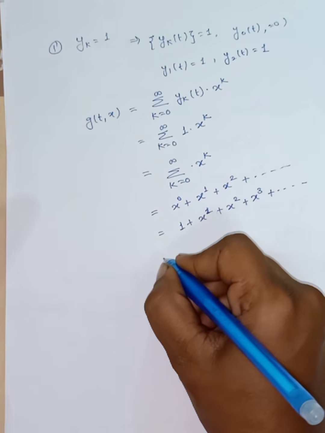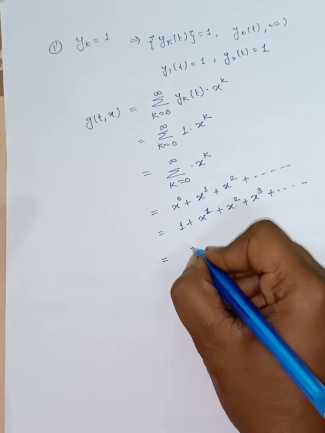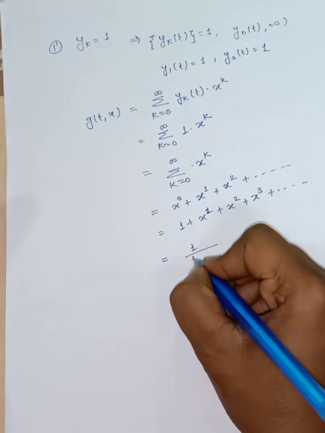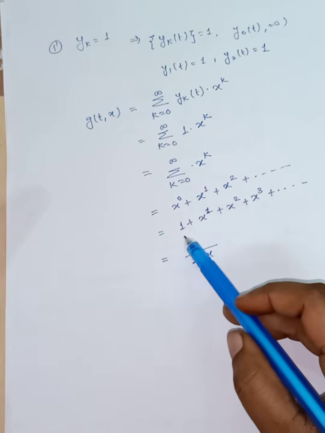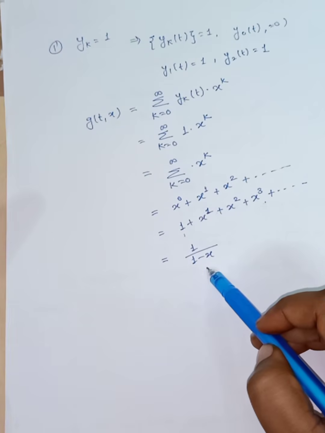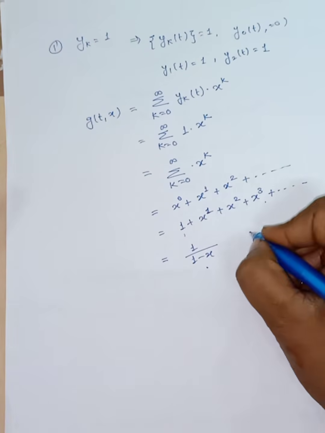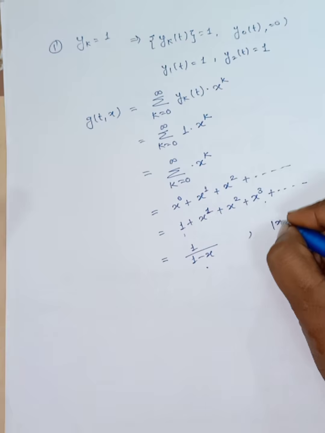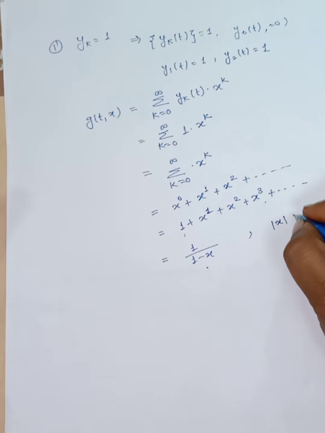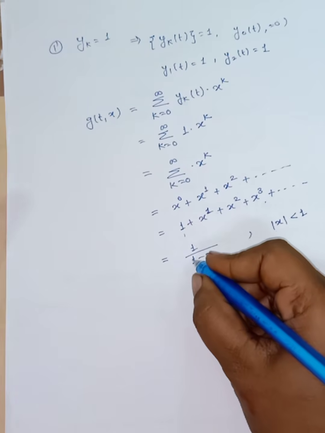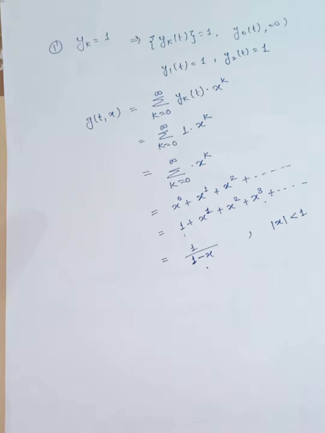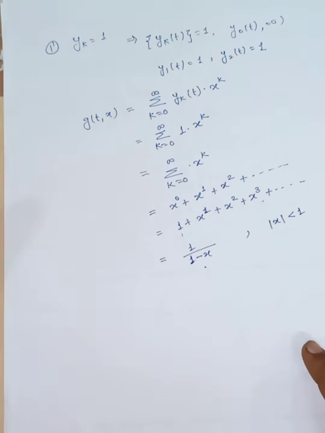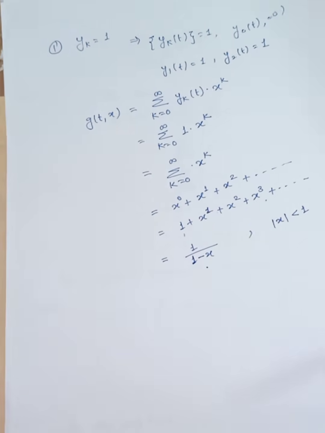Okay, and this can be written as 1 by 1 minus x, correct? This series can be written as 1 by 1 minus x, and this mod x should be less than 1. Okay, so 1 by 1 minus x is our generating function for yk equals to 1,